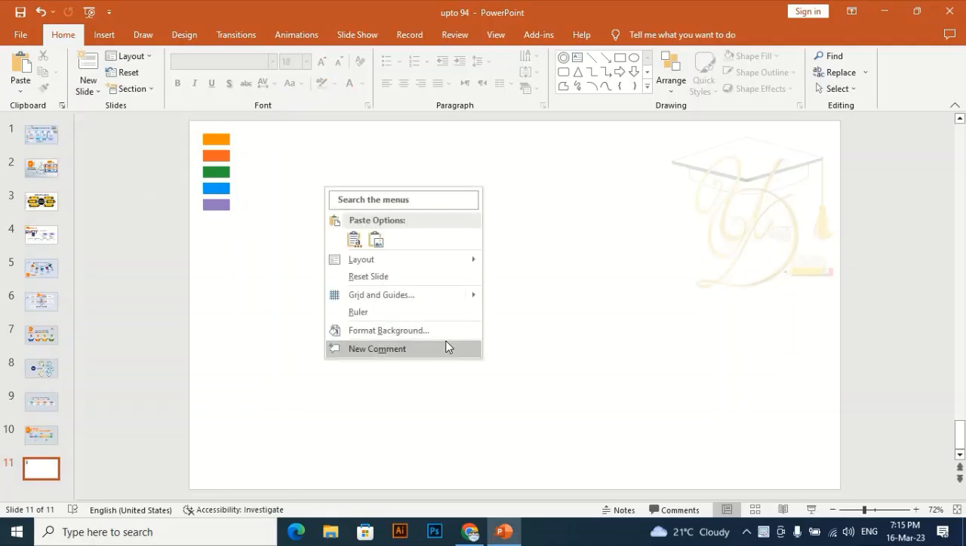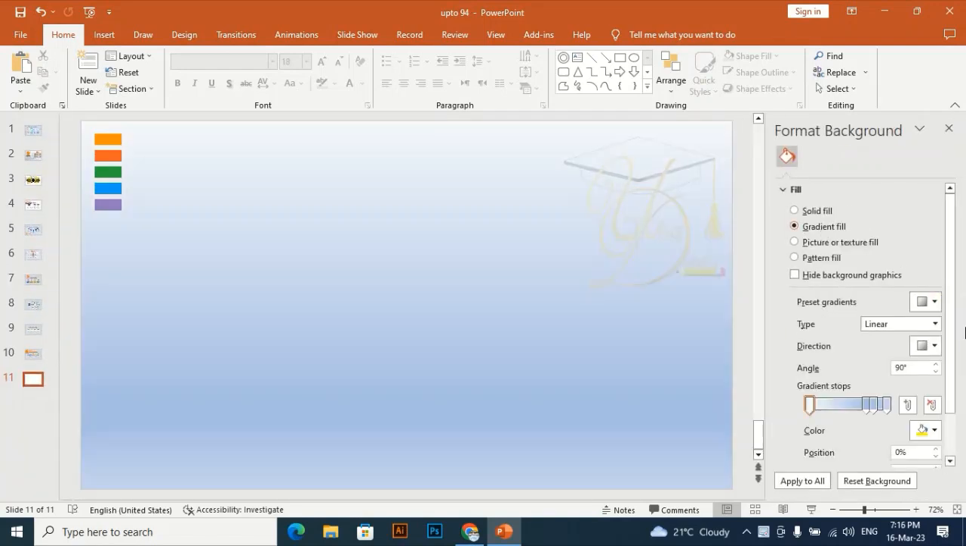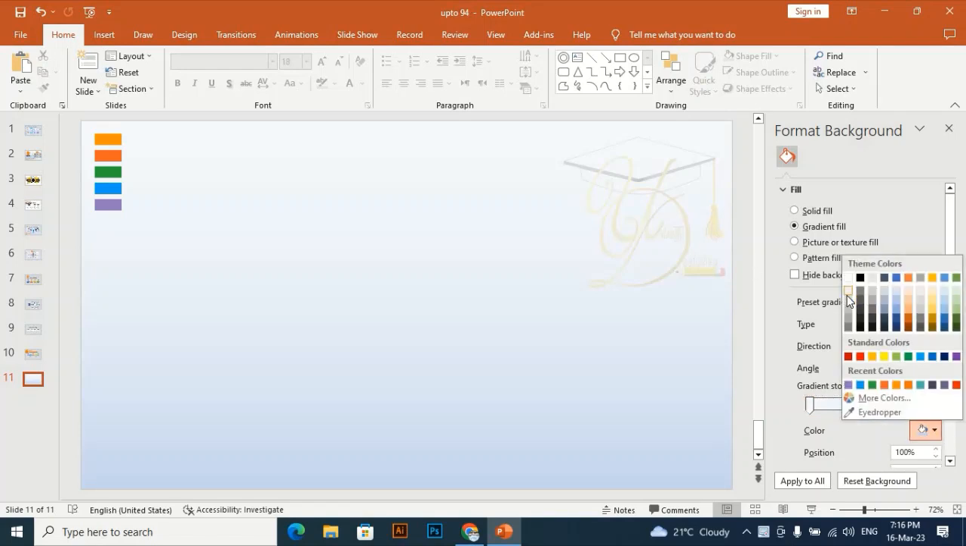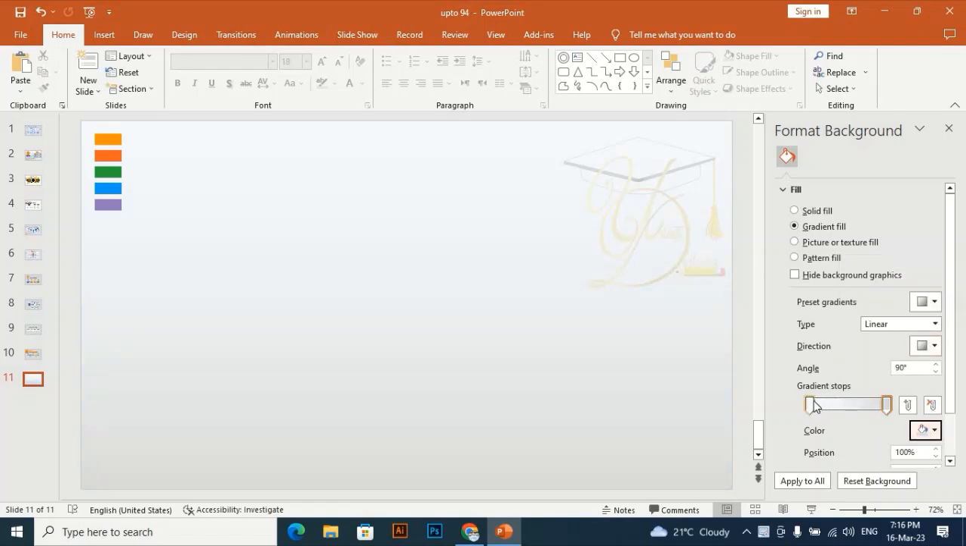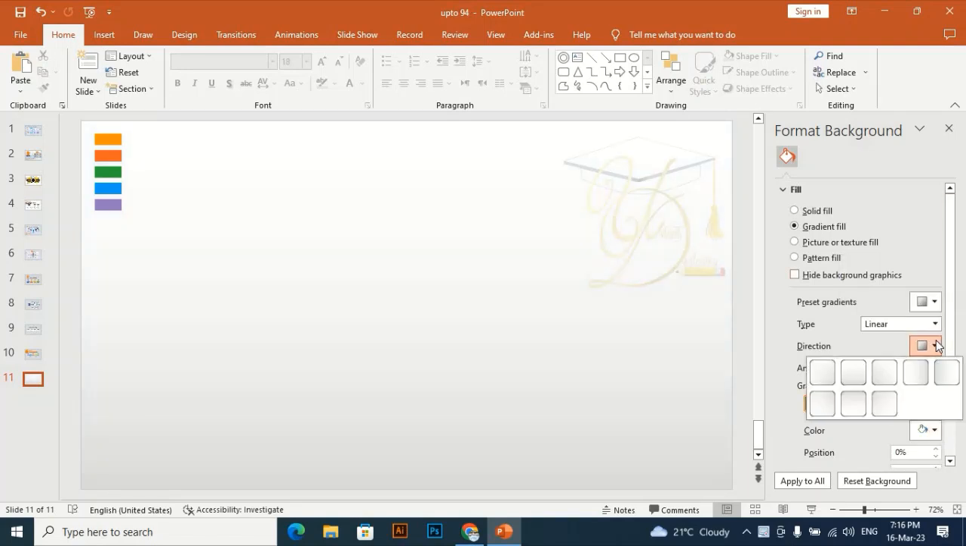Go to Format Background. I'm going to give it a different color, a different gradient. So I need only 2 stops. I'm going to delete the other extra stops and give it a gray color, this one, and to this top a white color, this one, and direction from left to right. Okay,